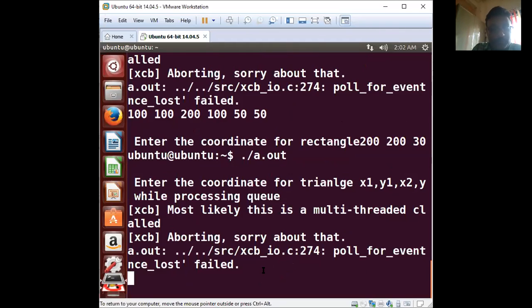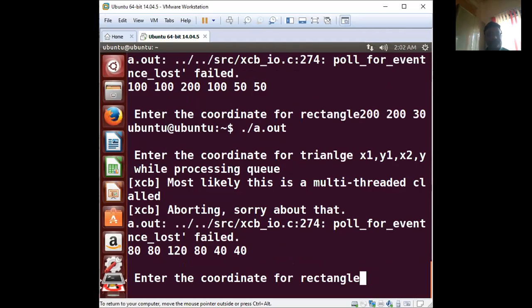So I am entering, suppose, 80, 80, then 120, 80, that is a straight line. Then I am typing 40, 40. These are the coordinates for my triangle.